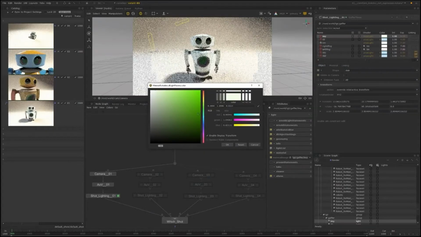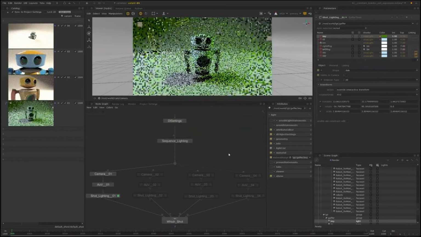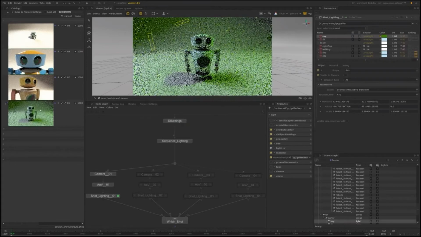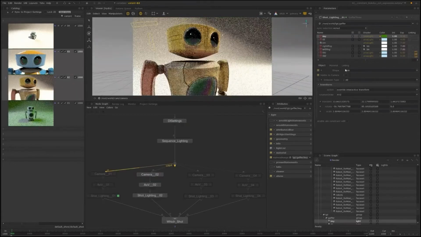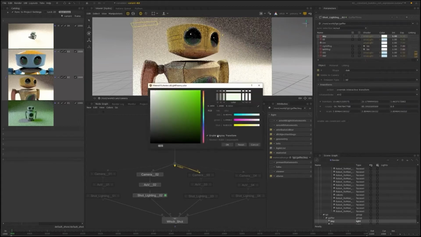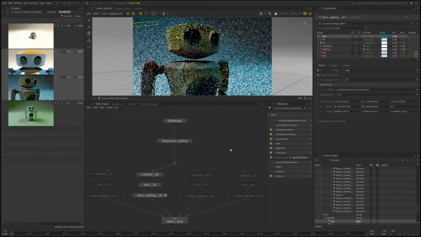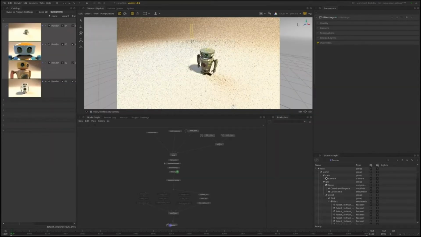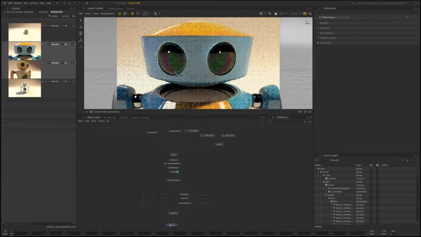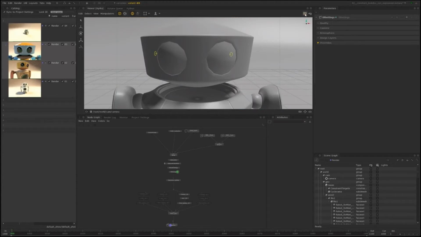So we can now make changes, for example, on a per shot level, and know that only the renders that have seen changes will then be updated, and the others can continue to render without interruption. And then with this comes a whole host of useful workflows that can really speed things up when lighting your shots. First of all, we can sync these renders so that when you're switching between catalog items, it'll also update